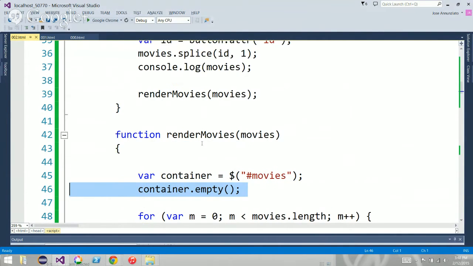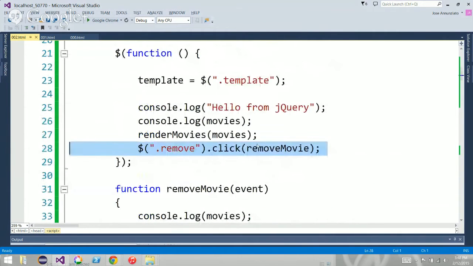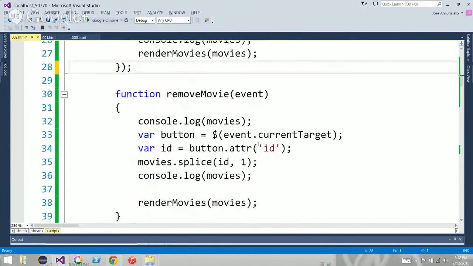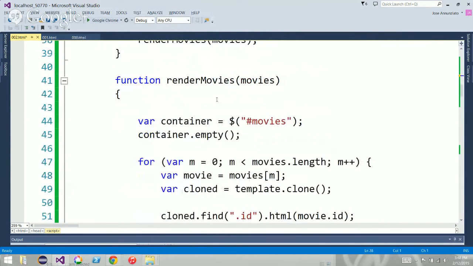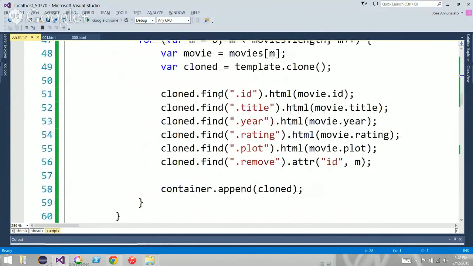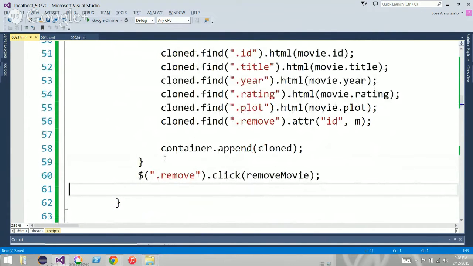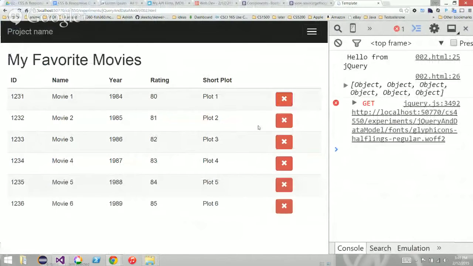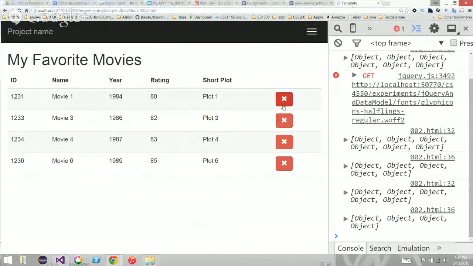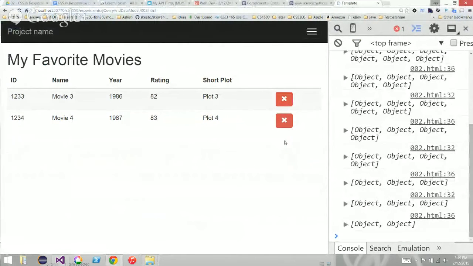There's a couple of ways that we can fix this. One way to fix it is that this event handler, we could move it into the render movies method, meaning after rendering everything, go ahead and associate the event handler. So render everything, including all the buttons, all the rows, and so on. We can do that. Let's see if that works. That removes. So it works, right? Now it works. A better solution is to use the